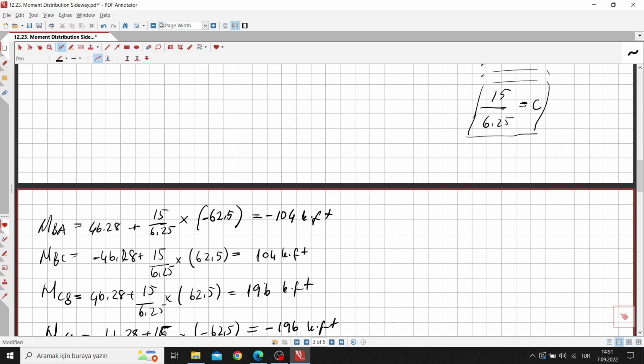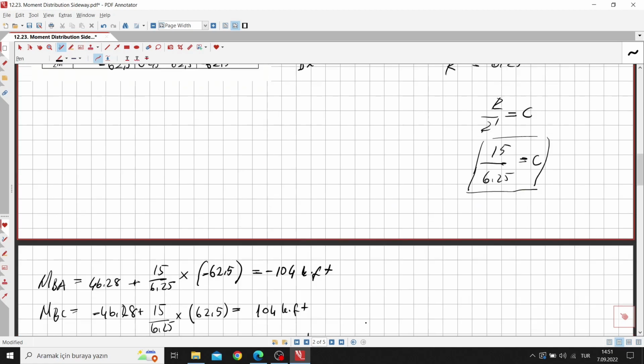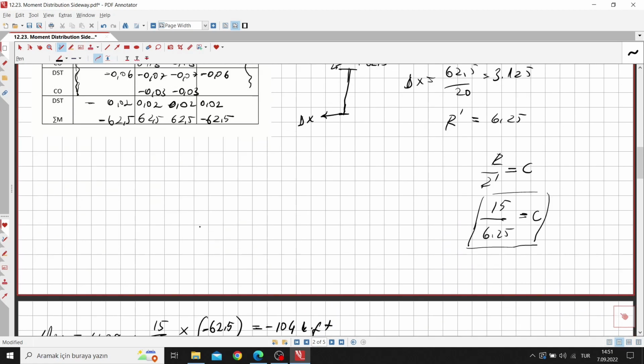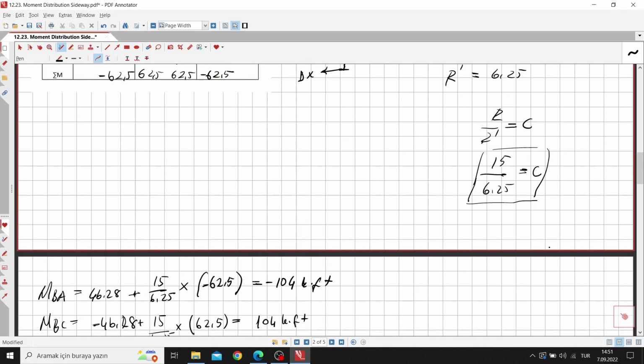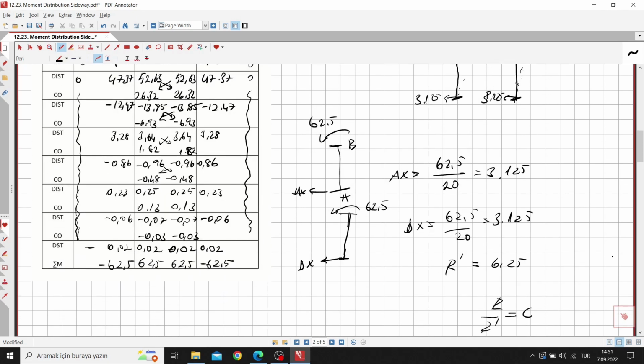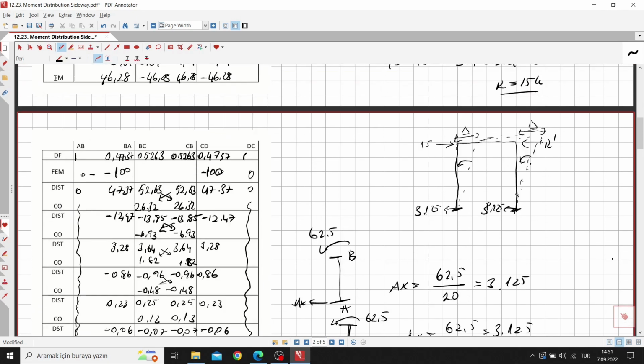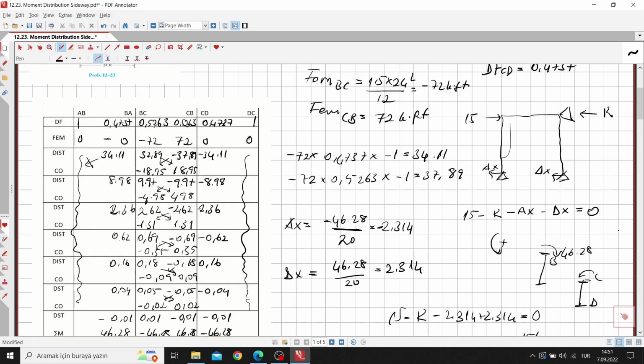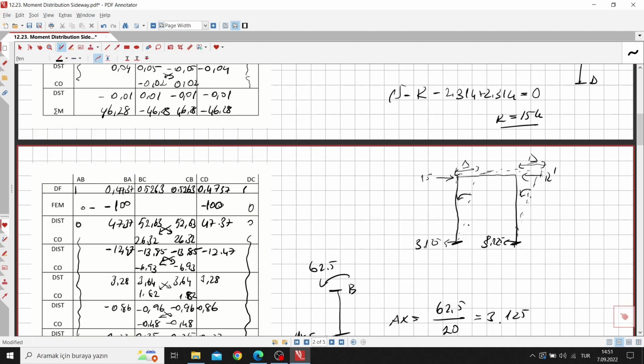Now we solve the question. Actually, if you did this right distribution and carryovers, of course you are going to obtain the right value. Don't forget to find R and R prime ratios, okay? You are going to obtain them from the shears. Now you can see from this shear, okay, you are going to obtain from this shear. And the question is that